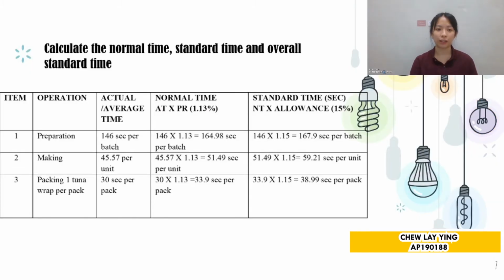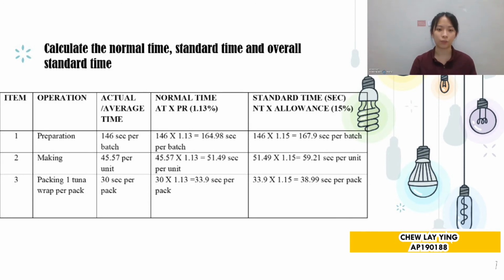After that, I will calculate the normal time, standard time, and overall standard time. In the normal time, we will multiply with performance rating 1.13%, and the standard time we will multiply with allowance 15%. Normal time of the preparation, we get the total is 164.98 seconds per batch, and standard time of the preparation, we get the